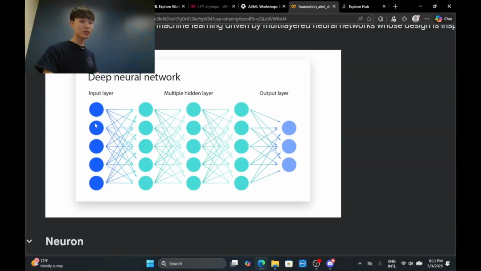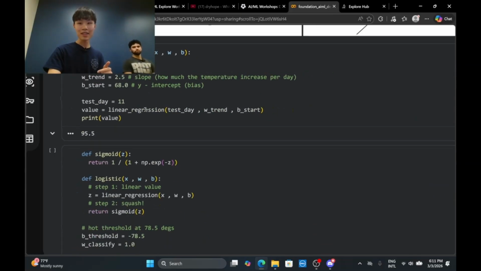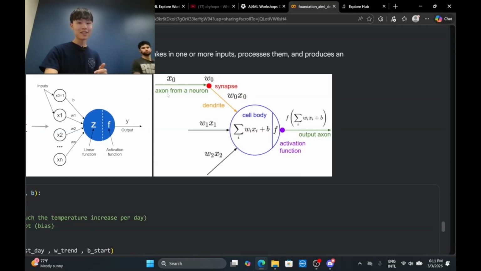Let's say we started from here: we have input data, put through a linear regression, y equals weight x plus bias, and then pass it to an activation function. The output of that will then go to the right here, the next layer of neurons, and then it again does the same thing.